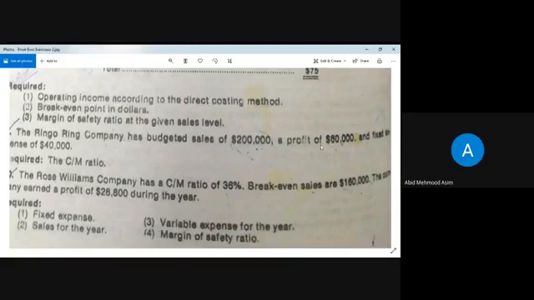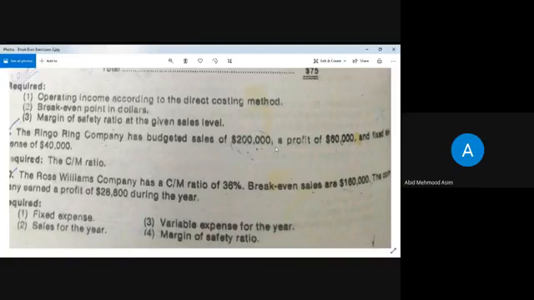Here is profit. Profit is calculated by deducting the fixed expense from the contribution margin. And if we have a fixed expense and profit, if we add both these two values, we will have contribution margin. Same when we have sales and gross profit, we will add them, and cost of goods sold and gross profit. In trading account, we will simply add the COGS with gross profit to calculate the value of sale. In the same way, when we have profit, net profit and fixed expense.